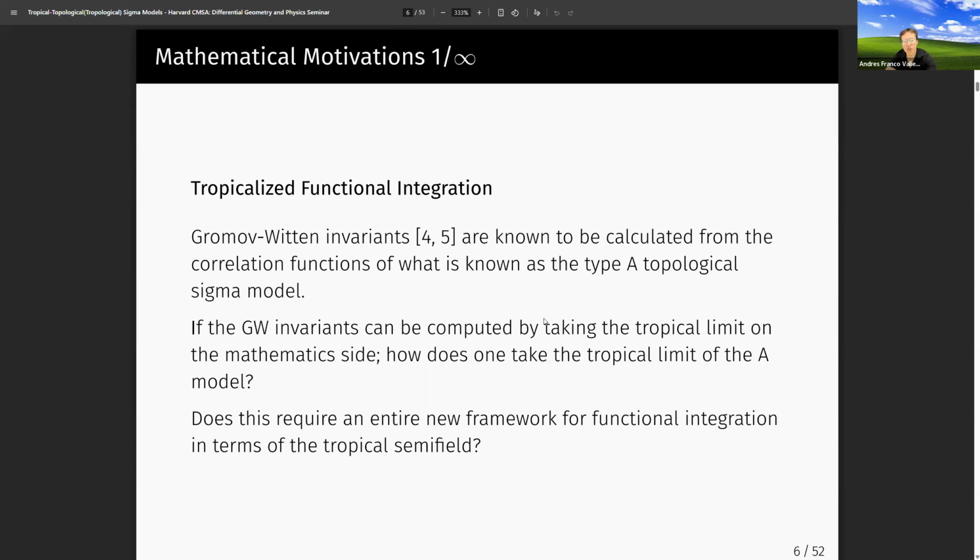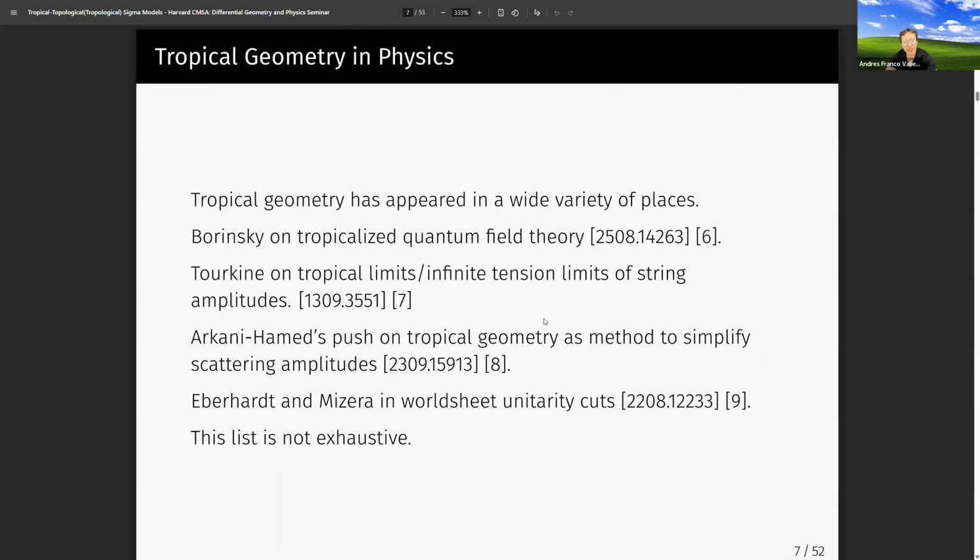So before we actually get into that, we want to mention that tropical geometry has appeared in a whole bunch of different places before. It's not just us exploring and saying, oh, tropical geometry. We actually had another speaker about a month ago. I think it was Baranski from Perimeter, and he was talking about a tropicalized quantum field theory,